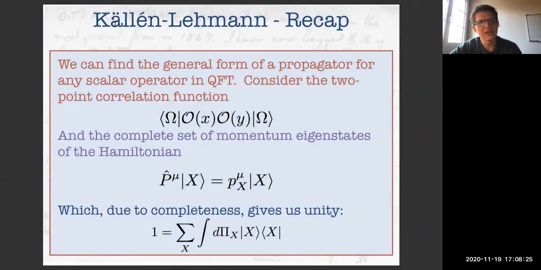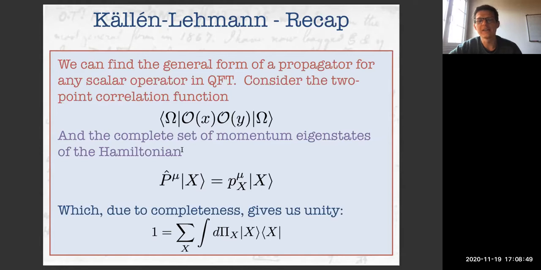Kallen-Lehmann representation, I think it's meant to be pronounced Challen, but I'm not sure. But this is essentially a statement about the 2-point function, the propagator of any scalar gauge neutral operator. So if you have any scalar gauge neutral operator and you want to understand this quantity here,